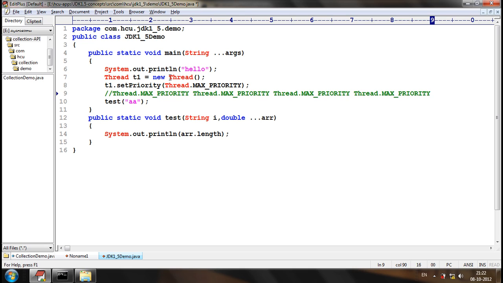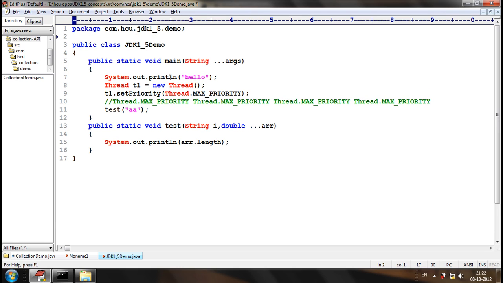Using static imports. Let me import this static member using import static.